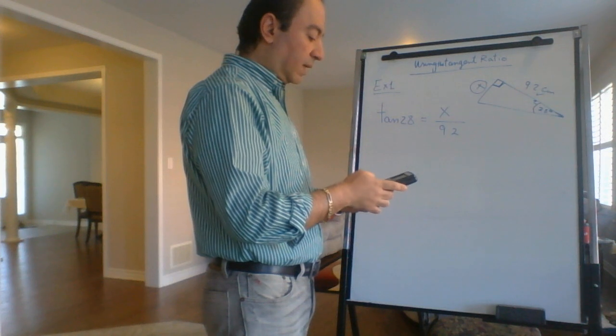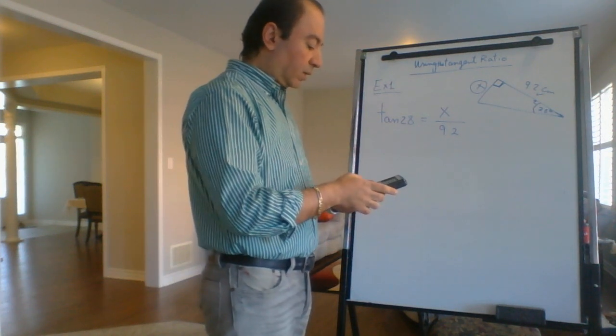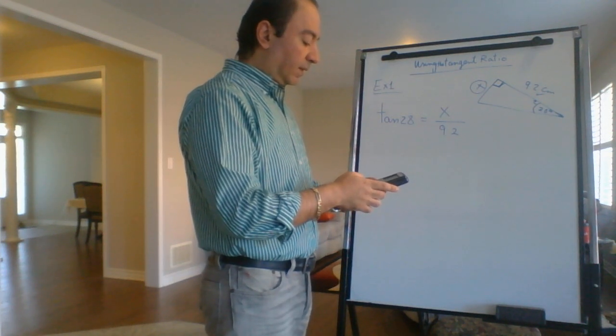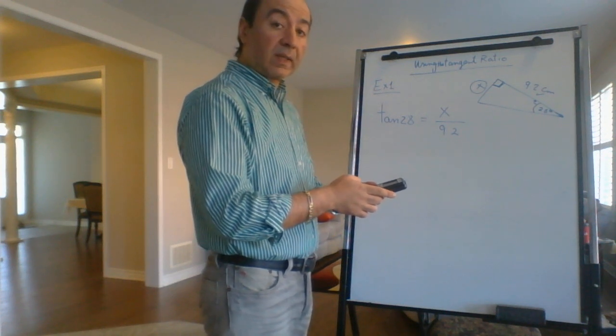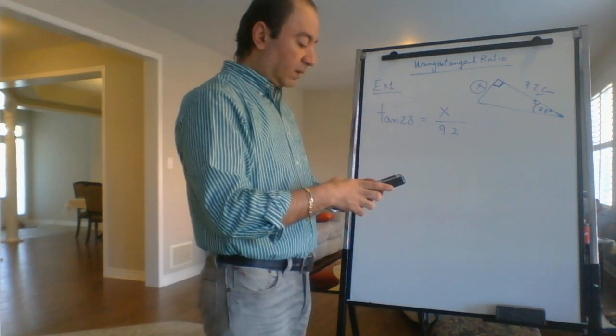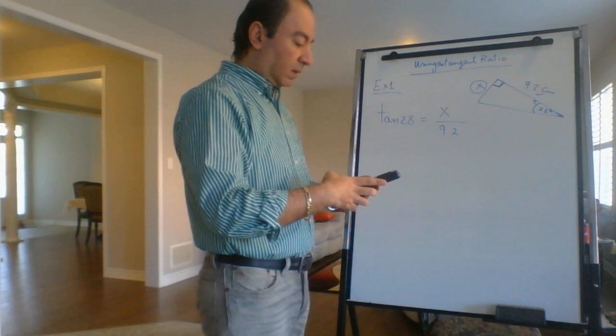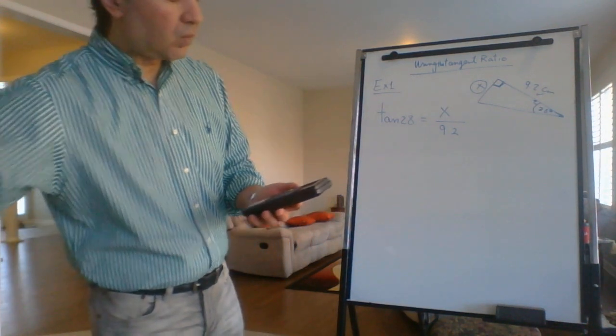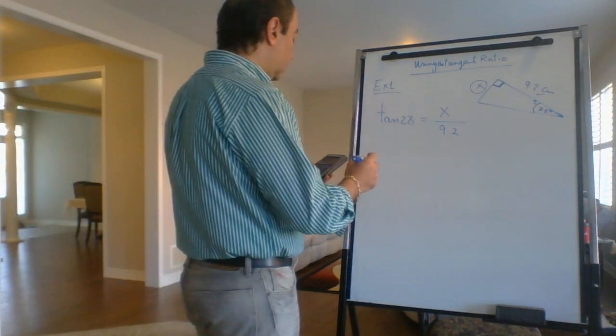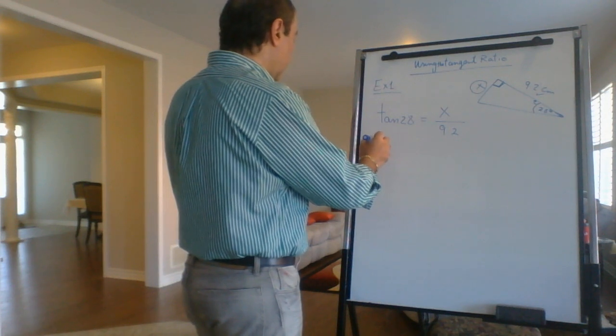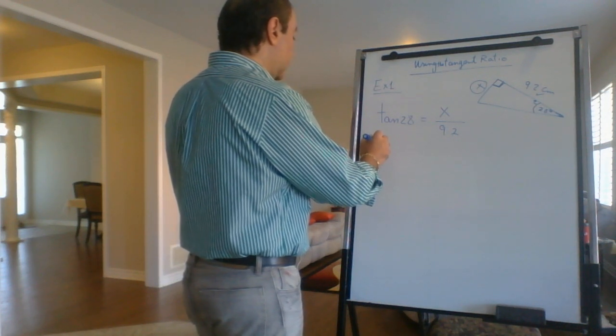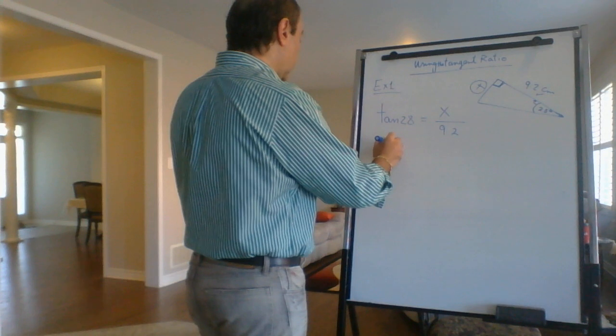I told you yesterday, make sure that your calculator is in degree mode, or otherwise all the answers will be wrong. So tan 28. We usually try to write it up to 4 decimals. So 0.5317